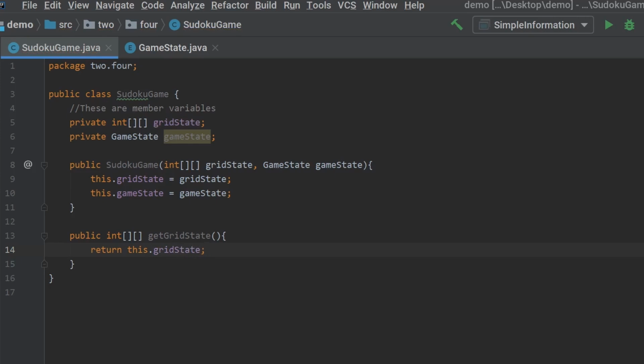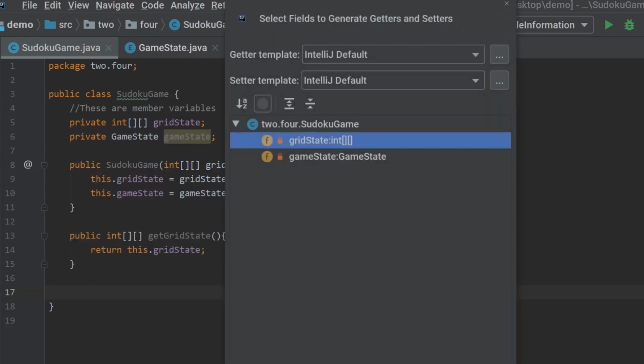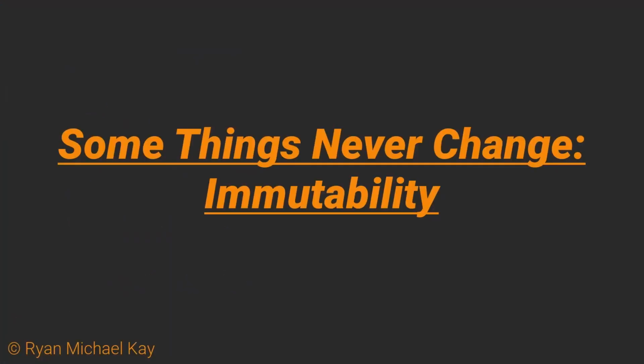You will spend a lot of time writing these sorts of accessor methods, and any half-decent IDE will include a way to generate them for you. After clicking inside the body of this class in IntelliJ IDEA, I'm going to hit Alt-Enter. I'm going to select Getter and Setter, but also note that you can auto-generate a constructor, which is another option I use frequently. I then select the appropriate member variables for which I want to generate my accessors and then hit OK. There you have it.